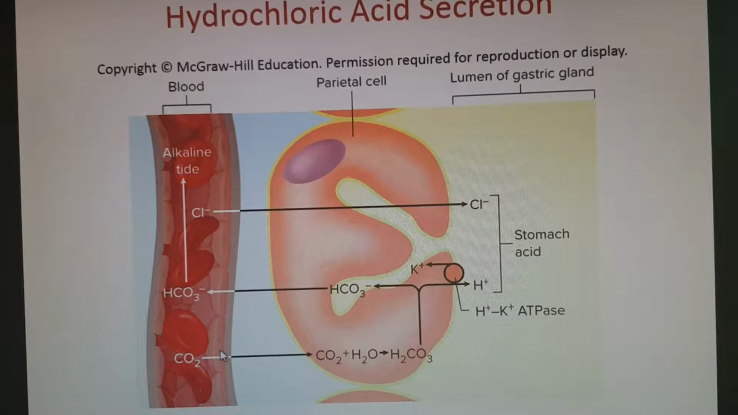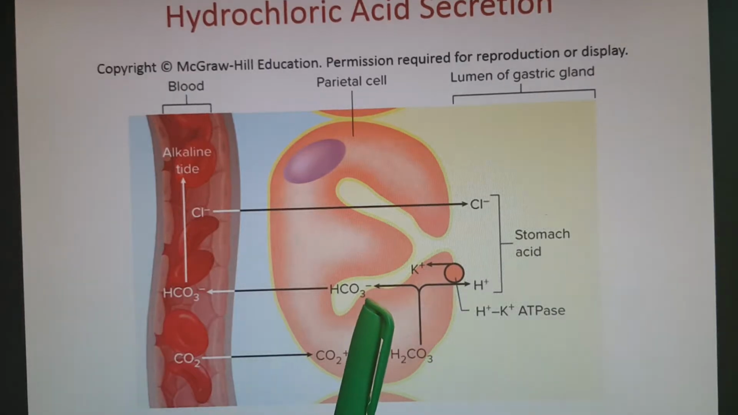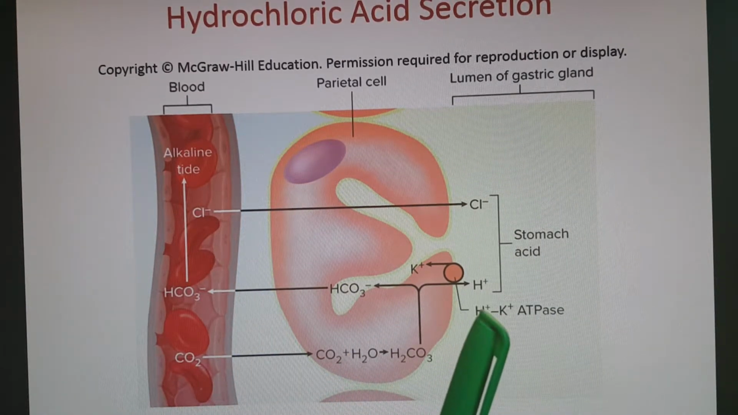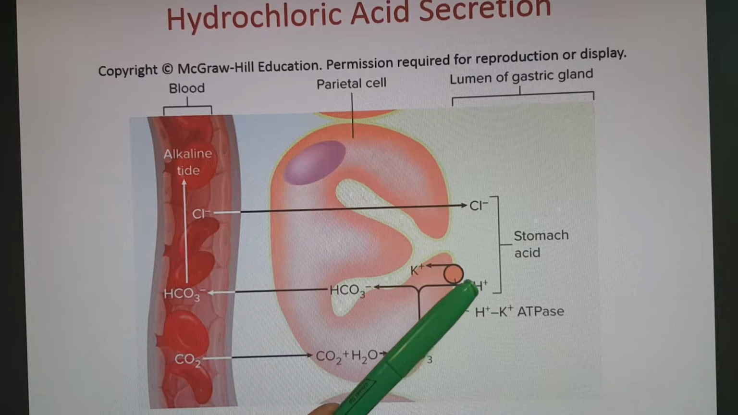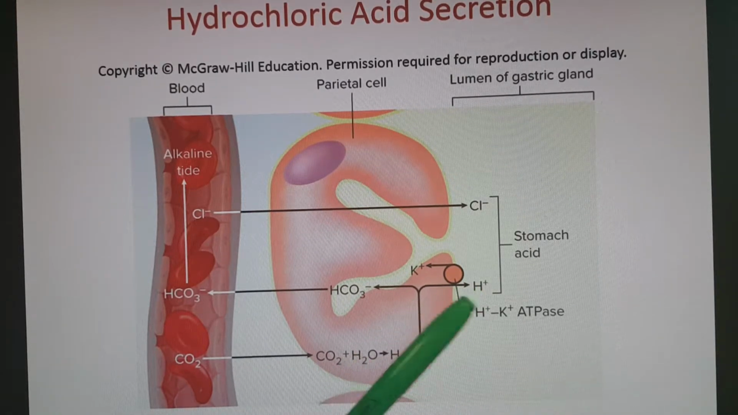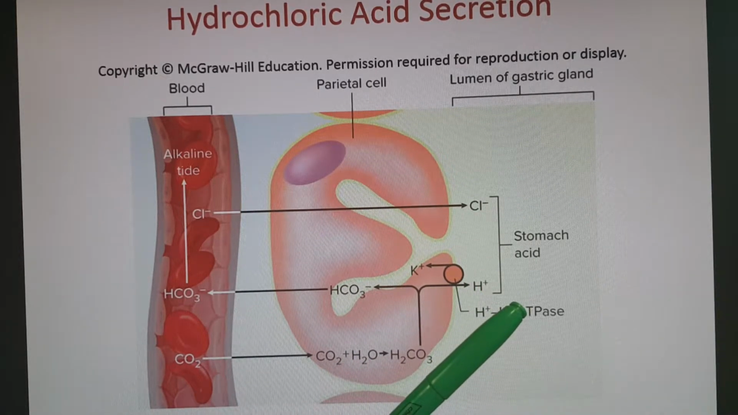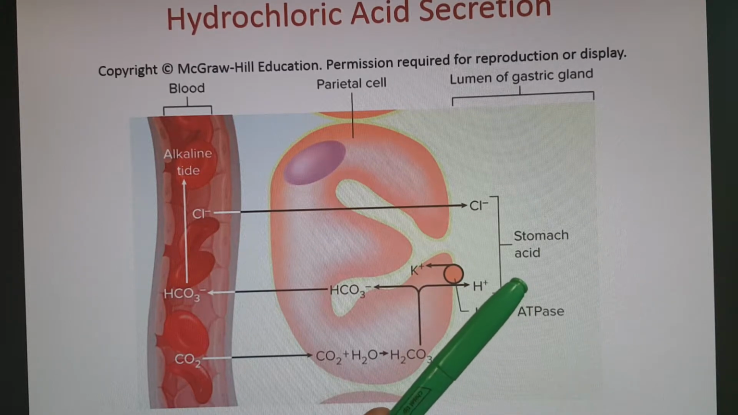So here's a picture version of this from your textbook. First step, you get carbon dioxide from the blood, comes into the parietal cell, mixes with water. That mixing of those two molecules forms your carbonic acid. That carbonic acid then dissociates into your bicarbonate and your hydrogen ions. Hydrogen is then exchanged out of the parietal cell into your open lumen of your stomach, or lumen of the